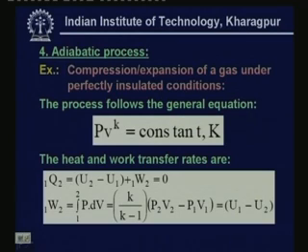So you have, let us say, a piston cylinder arrangement, a gas is contained within the piston cylinder, and you are compressing or expanding the gas, and at the same time all the walls of the system are perfectly insulated. So such a case is an example of an adiabatic process. All adiabatic processes follow the general equation PV^k = constant, where P is the absolute pressure and V is the volume, and k is known as the coefficient of adiabatic compression or adiabatic expansion. And for such a process, the heat and work transfer rates can be